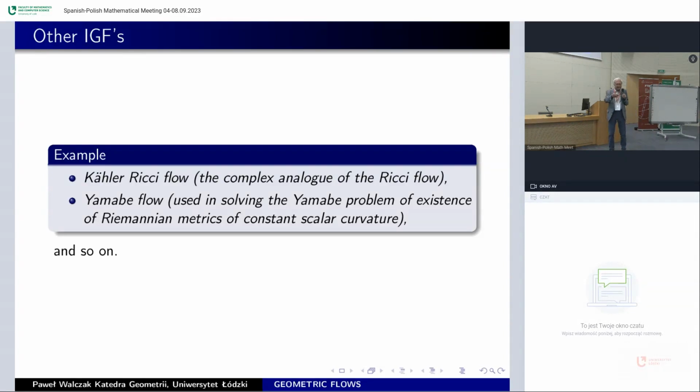There exist more intrinsic geometric flows. For example, Kähler-Ricci flow, which is the complex analog of the Ricci flow, and something called Yamabe flow, which arises from some invariants produced again from scalar curvature, and so on and so on. So this is about intrinsic, and now